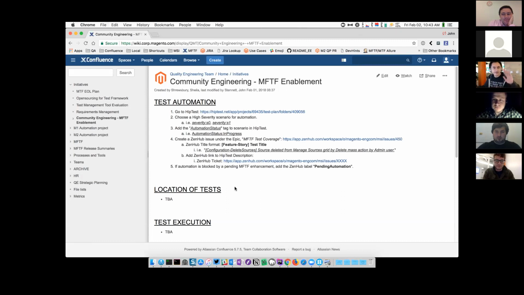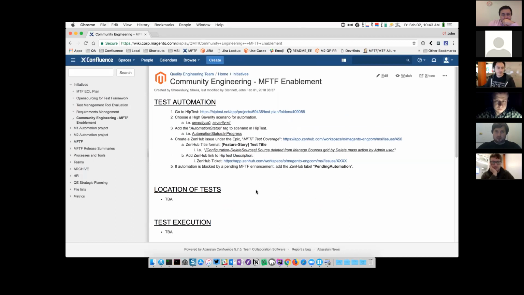So right now I'm documenting the process. This is a work in progress. It's not fully complete. I have more stuff I want to dump in here later today. But we'll be going through the entire test case process: where to get the test cases from, which ones to pick first, all the tagging that we want to use so we can categorize everything correctly, how we want to label them. Everything will be laid out here